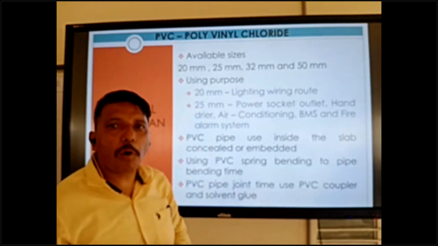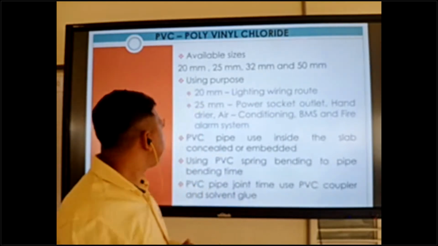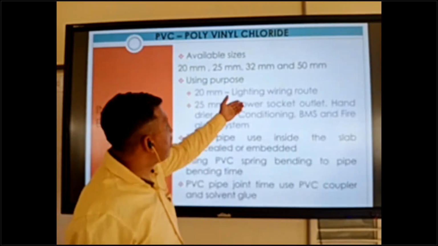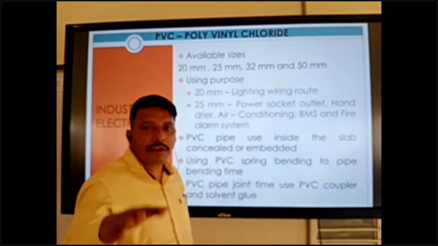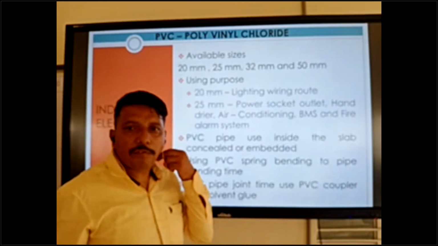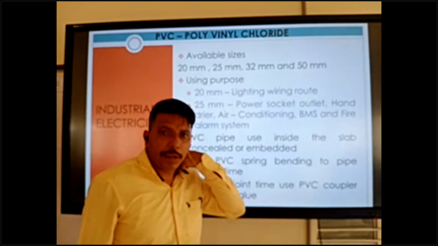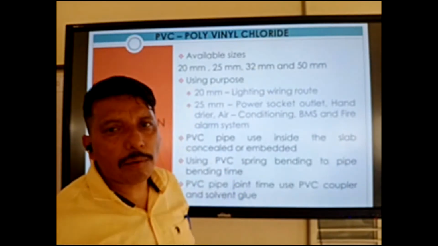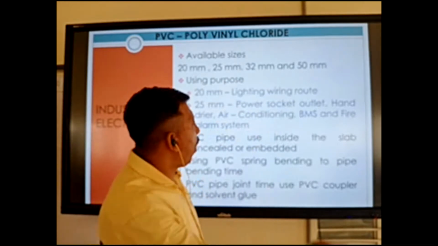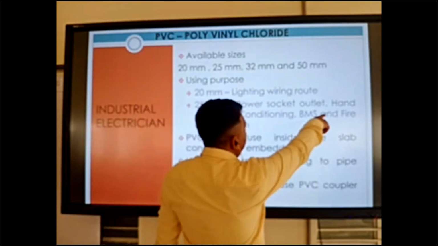Tube light, bulb, fan, anything. And 25 mm size for power socket outlets. A power socket outlet is always placed at FFL plus 450 mm to the center of the box. So for power sockets we can use 25 mm.